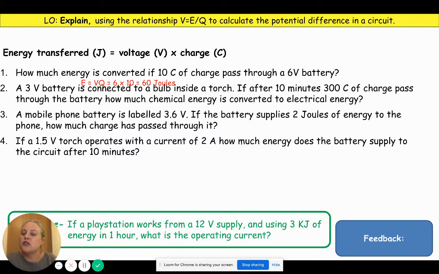Okay, so what we need to do is work out how much charge. We've got 10 minutes, with 300 coulombs of charge passing through the battery. So we need to work out the energy: 300 coulombs of charge times the 3-volt battery. So 300 coulombs times the 3 gives me 900